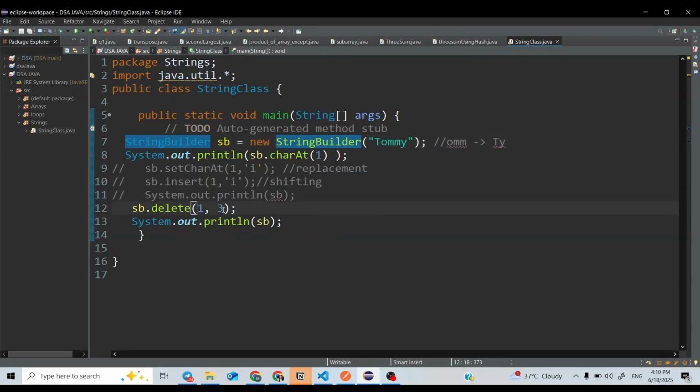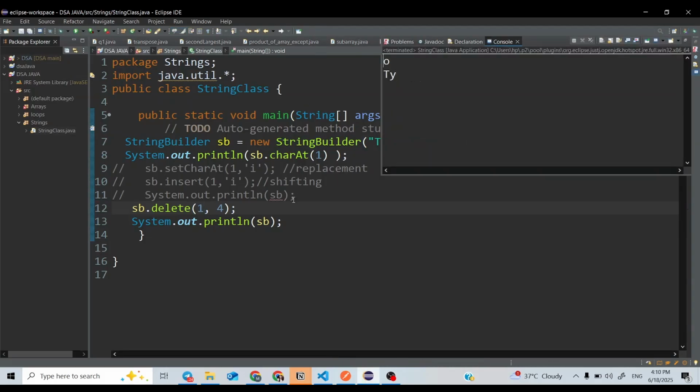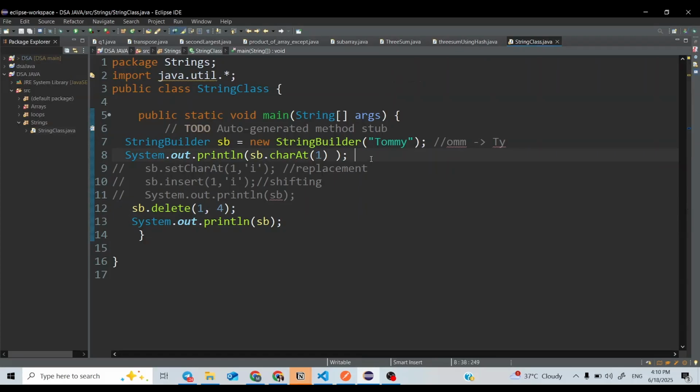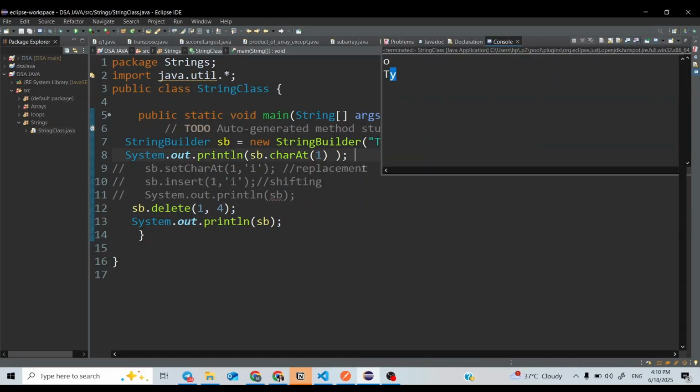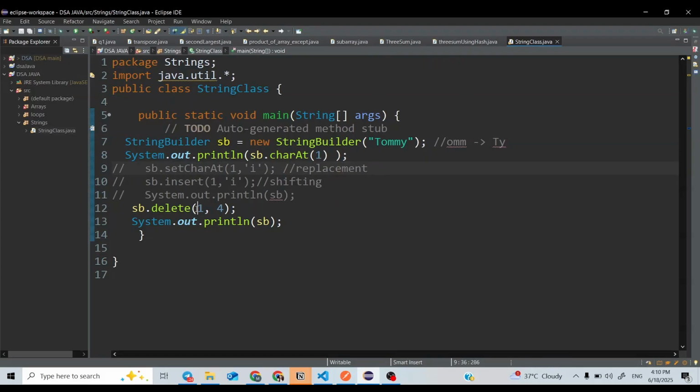The second parameter, that is the ending index, is not inclusive. It is exclusive. So if I write 4 here and now run this, it is now printing TY. That means from first index to third index everything gets deleted.